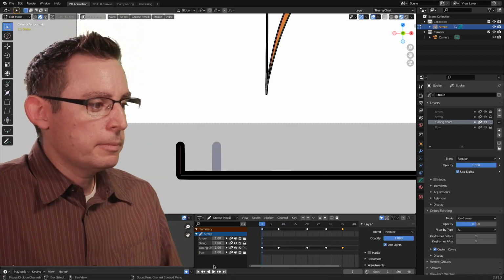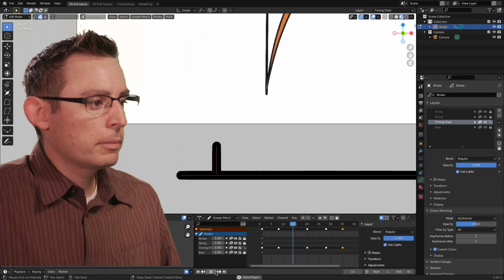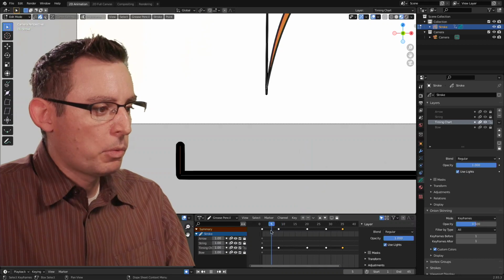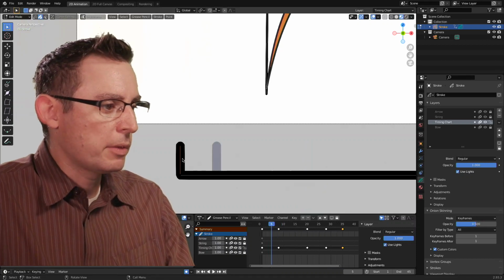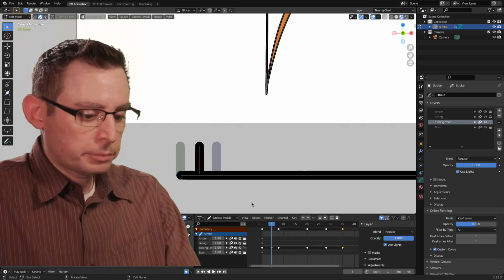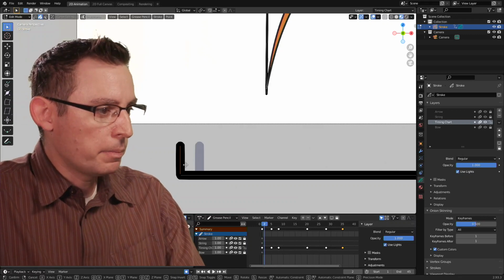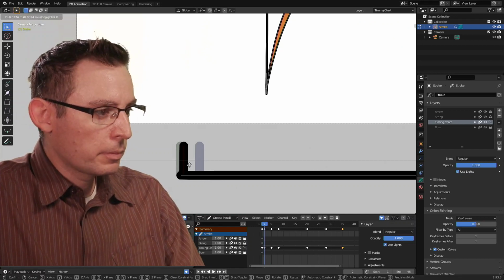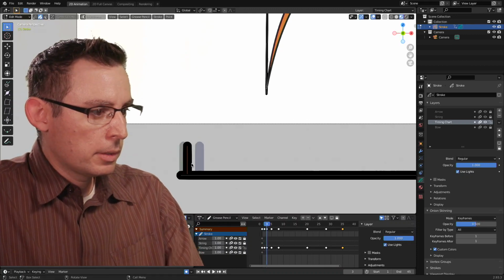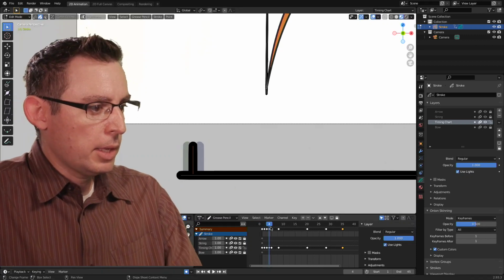So let's play it again. Yeah, let's do it again. Let's bisect it. I'm going to go to frame 5, excuse me, just kind of in the middle. Grab it, X, right about in here. And if you really wanted to, you certainly could go in and do every single frame. Something like this. Grab X. Here's frame 4, grab X. Maybe like that. Yeah, I'm pretty happy with that.